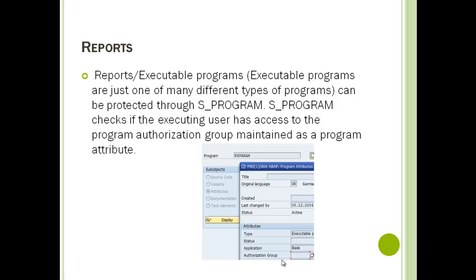a specific program. So if you want to allow one user to run a specific program, or if you want to restrict the users accessing all the programs, then you can use this particular authorization object to restrict these programs. In general, SE38 or SA38, the transaction code to run the program, is not given to any users. In some situations you may need to give it, and you can still further restrict this, so that they can access only a specific program, or you can prevent them from accessing some of these